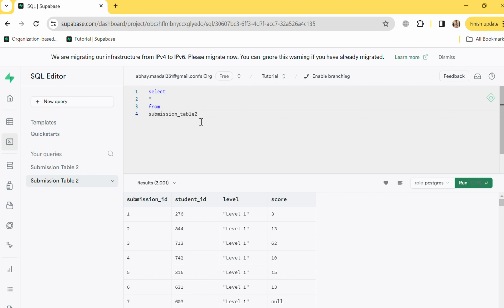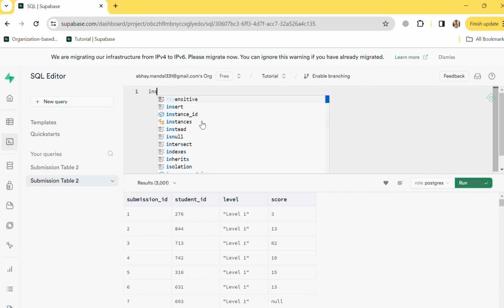Okay, so what we will do, we will insert one more row. Let's say we just got some mail that you don't have this student, and the details of this student are not included in your database, so you have to insert the details. As we can see, 3001 rows are already there. Now we want to insert. So what we will do,